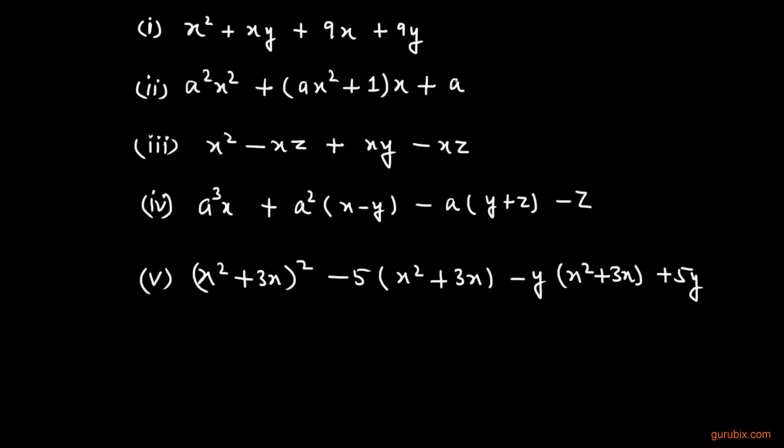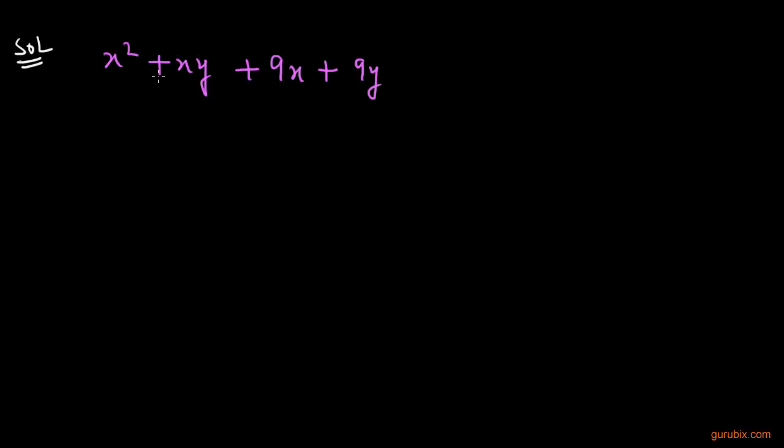Let us start with example 1. The first example is as follows: x square plus xy plus 9x plus 9y. To factorize this algebraic expression by the method of grouping its terms, first of all we shall group x square with this 9x, and this xy with this 9y, because we can take common x from these two terms and y from these two terms,